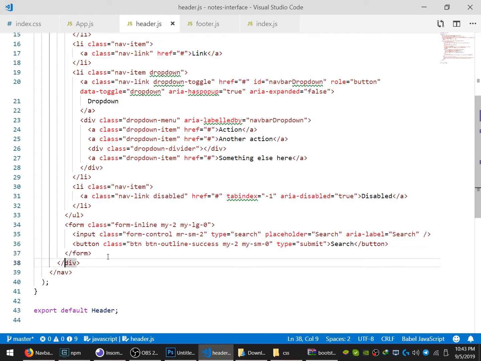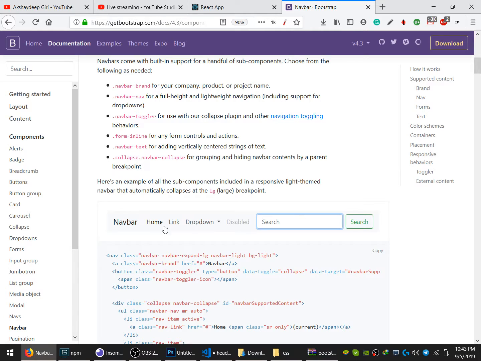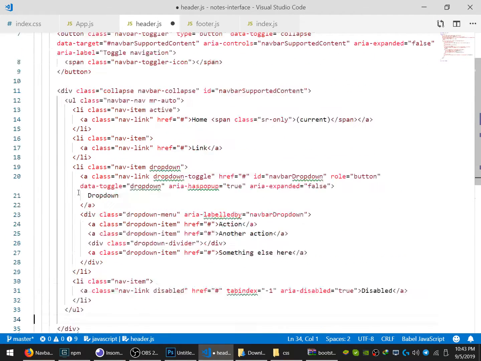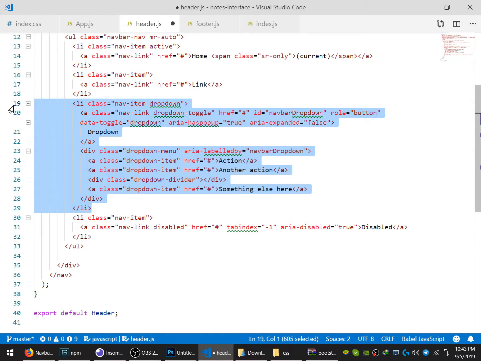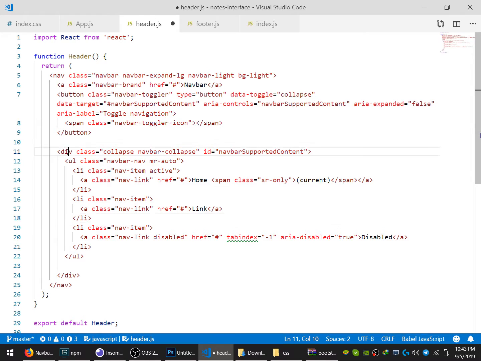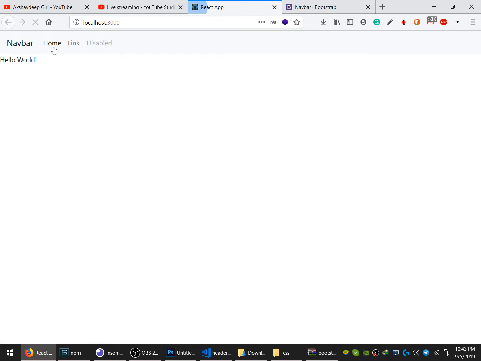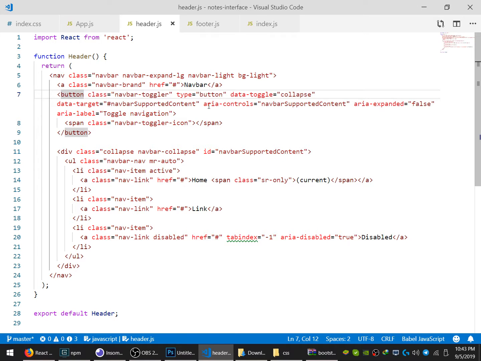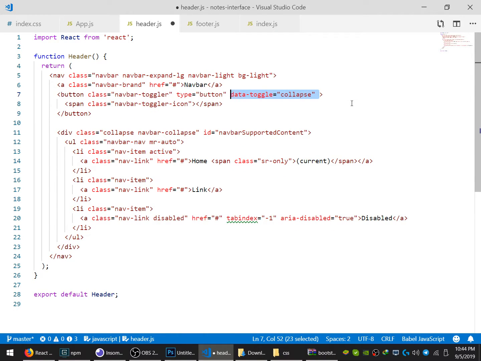HTML form, so we will get rid of most of this. So it will get rid of search, navbar, Dropbox. Now we don't need that, so a lot of clutter has already been removed. So button, okay, let's try to run that. So it's properly working, and just gonna get rid of everything just to make it a bit more clear,